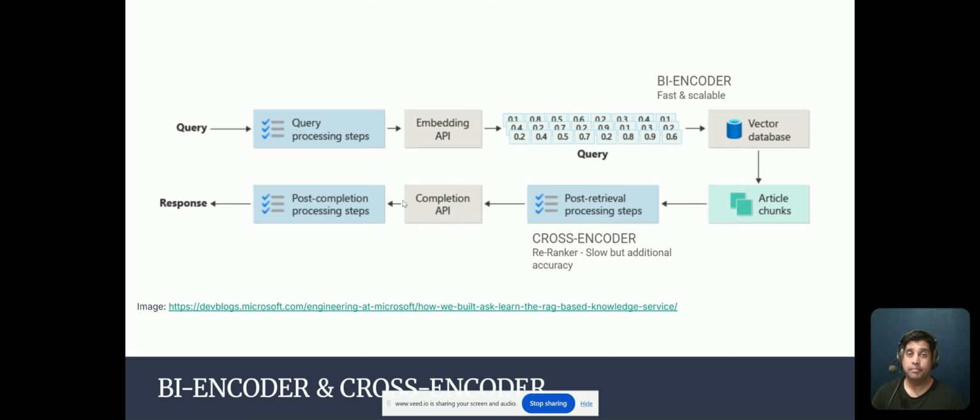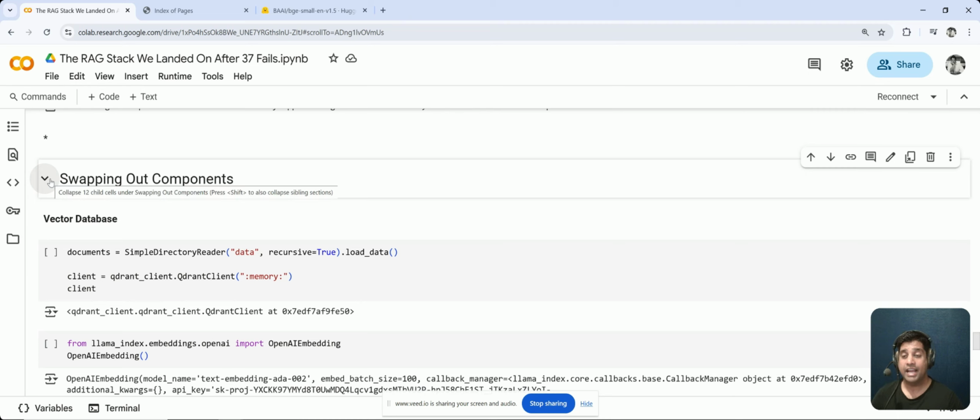And similarly, because we're looking to get additional accuracy, but we can't scale and we are only able to work with a few documents, then the cross encoder would be a really good solution post the vector database, and so post retrieval. And so this is where you normally have your cross encoder, which is also often known as a re-ranker. So let's head back to our code and let's look at swapping out some of the components of our